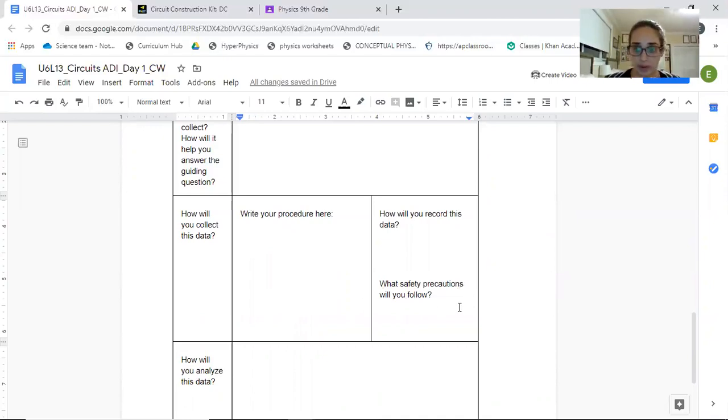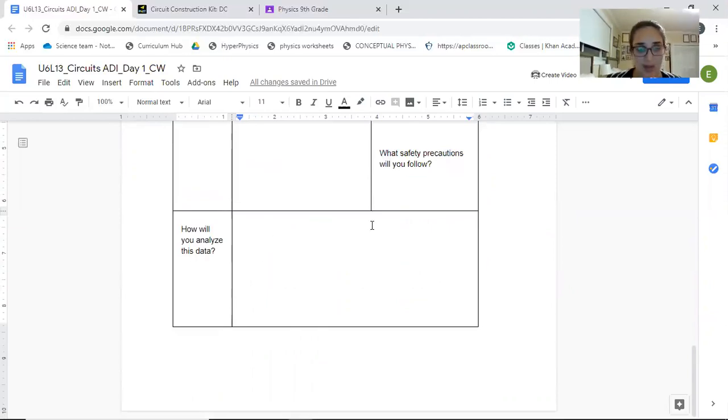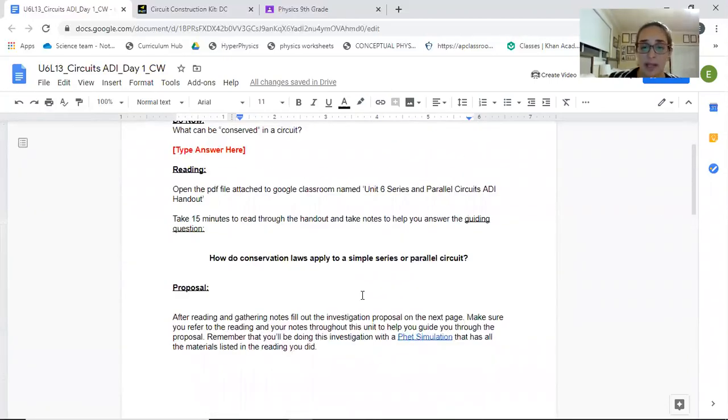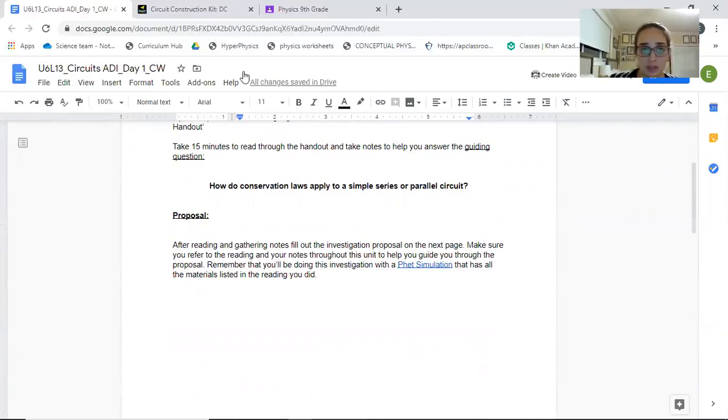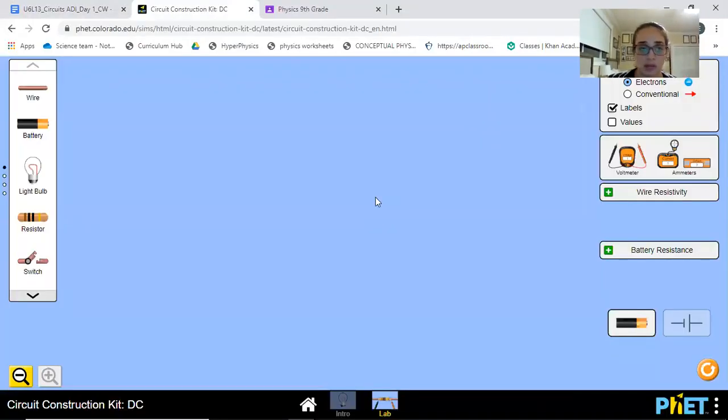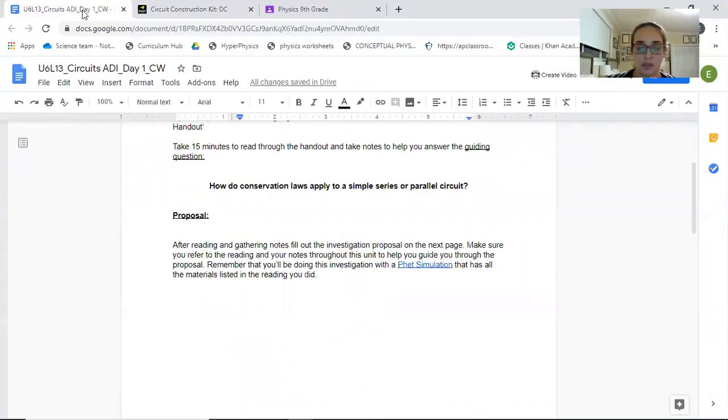You don't have to consider safety now because it's all virtual. And then, how will you analyze your data? Again, keep in mind that you're using this PhET simulation to guide you, and eventually you're going to be using it to complete your investigation. So take the next 20 minutes to do this. If you have any questions, you can ask your teacher. Once you're done, submit that proposal for approval on Google Classroom, and that will be all for